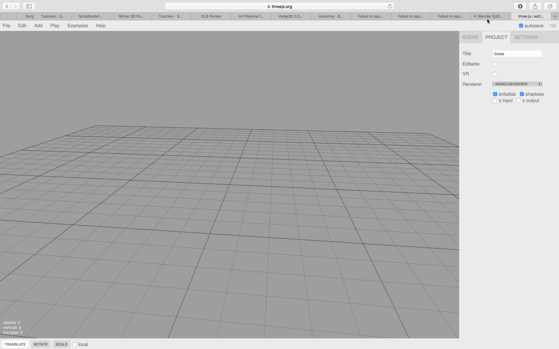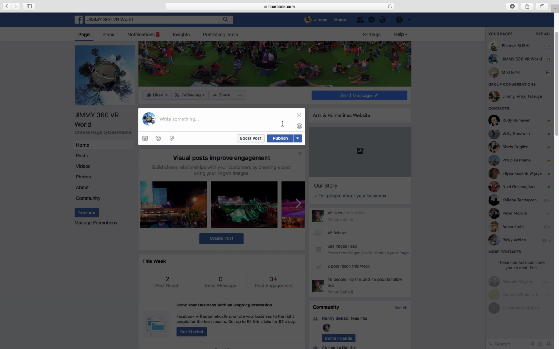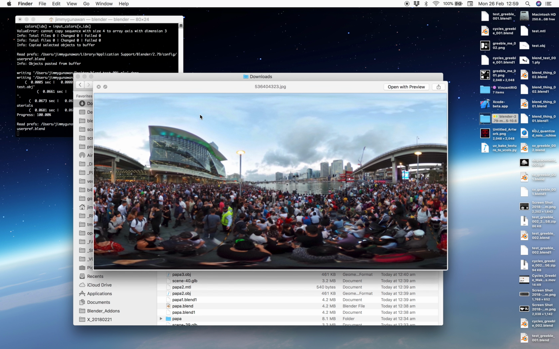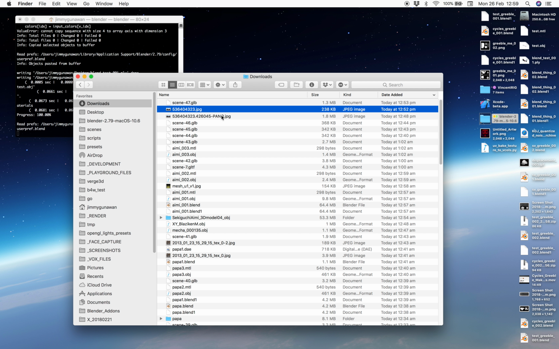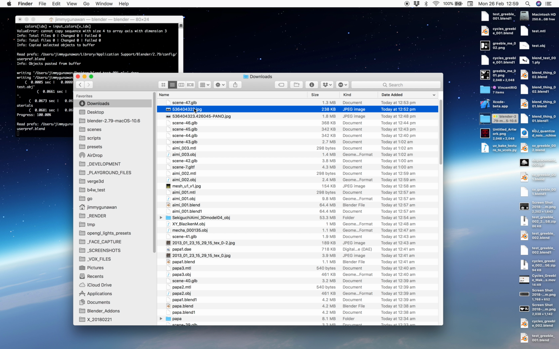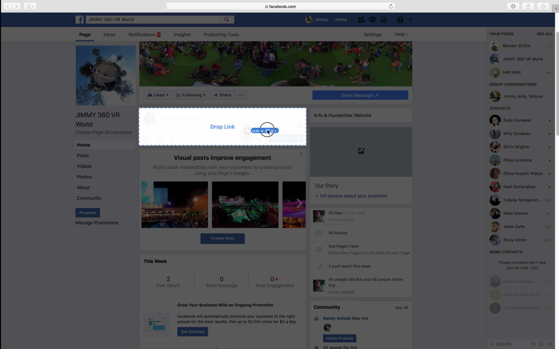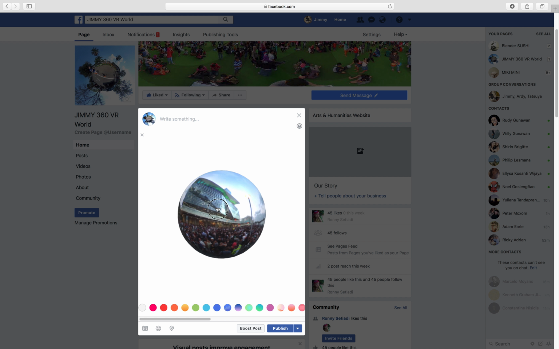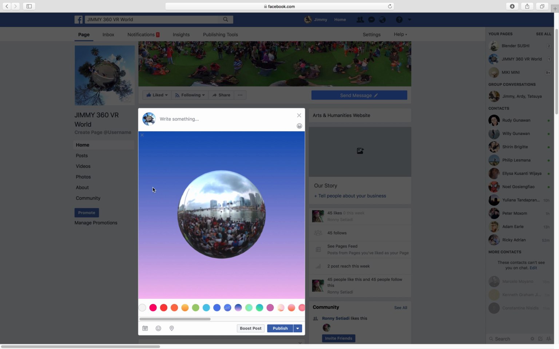In this video, I will be demonstrating a quick and interesting setup. Basically, if you have a 360 image that you take using your 360 camera, I'm using a Ricoh Theta, instead of having a 360, you can have it like a 3D bubble. And this is actually a new feature in Facebook where you can post a 3D